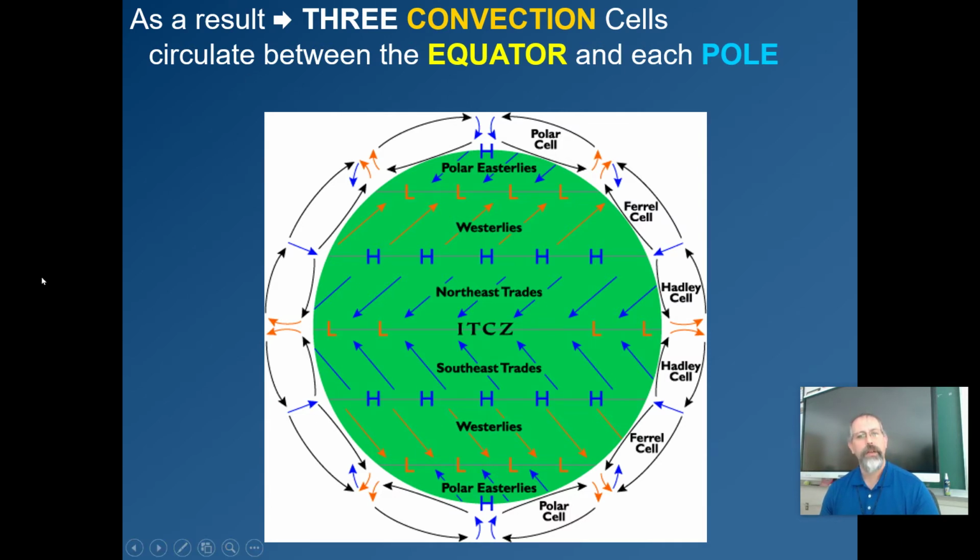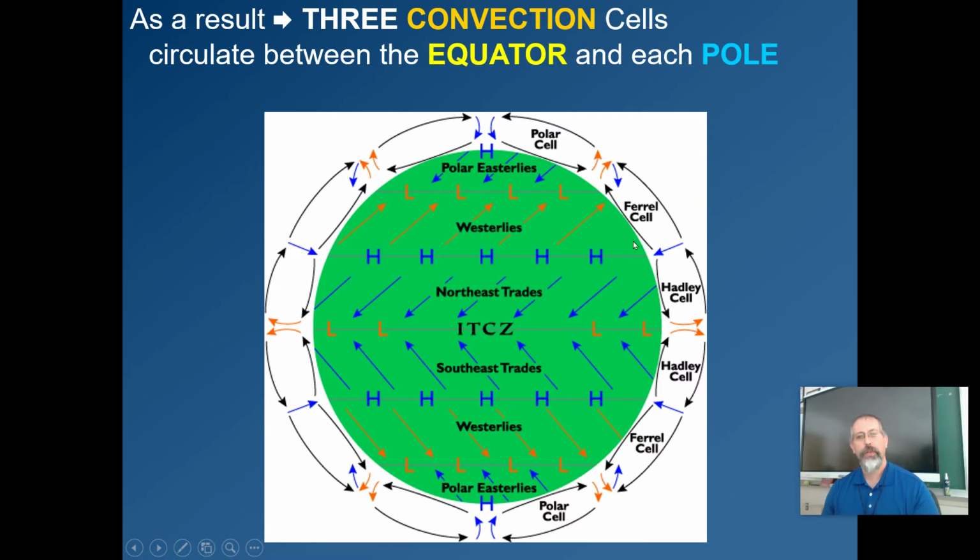And above the green here, all the way around the outside, all these loopy arrows, that's what's happening in the atmosphere. These are our convection cells. And they go around the whole globe, but we don't really show it in this flat picture. So at the equator, you have warm air rising. By the time it gets up to about 30 north or 30 south, it gets cold enough where it sinks again, and you end up with a convection cell there.